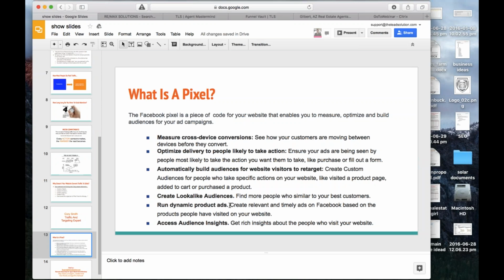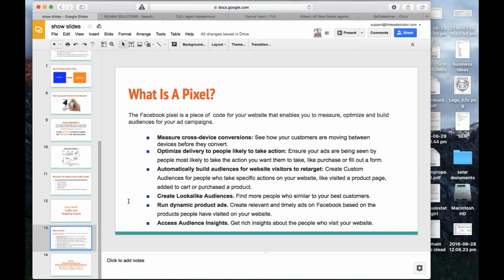Yeah, that's awesome, man. I definitely like your analogy and how you painted that picture there. That was awesome. One person asked, how do you get this pixel and put it on your website? It's really pretty simple. Once you're into your Facebook page, all you have to do is go to the top right where the arrow is, click that, and then click on Manage Ads. And then once you click on Manage...